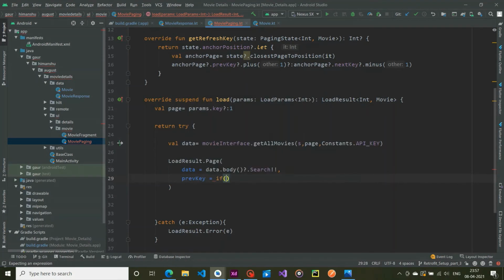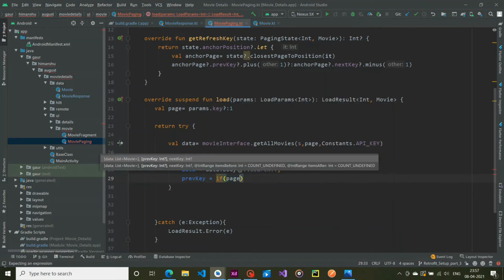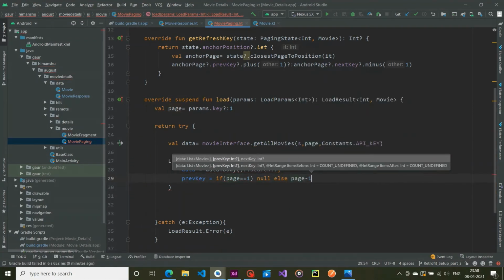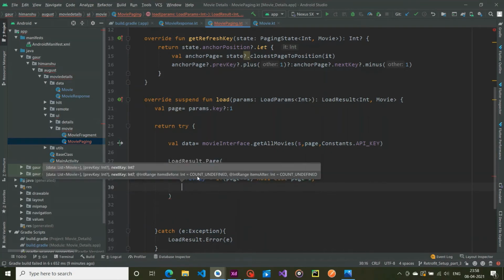So if our page is equal to 1, it means it is the first position, then there exists no previous key, so return null, else return page minus 1.